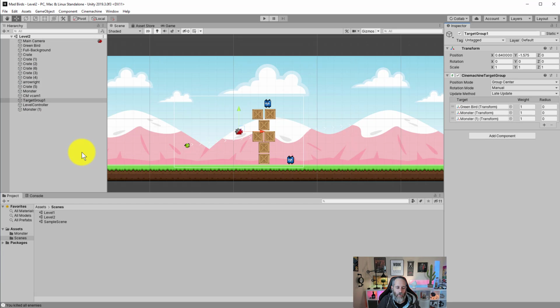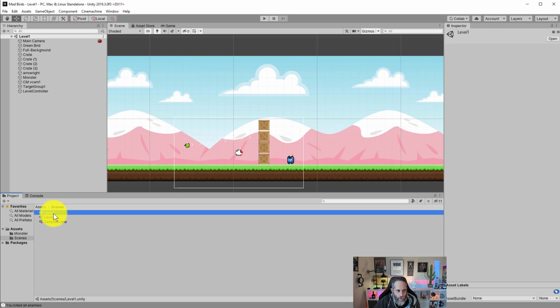Okay, so now we've got two levels, and we want to be able to go from level 1 to level 2. Let's go open level 1 by double-clicking on it here, and we can also open level 2 just by double-clicking, so we can go back and forth. I'm going to go into level 1, though, and we're going to do one more little thing to make it so that our levels can actually load. Actually, first, let's see the problem. So let's go into our code,